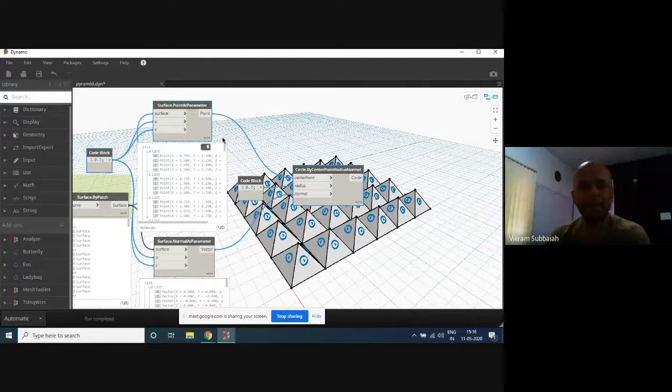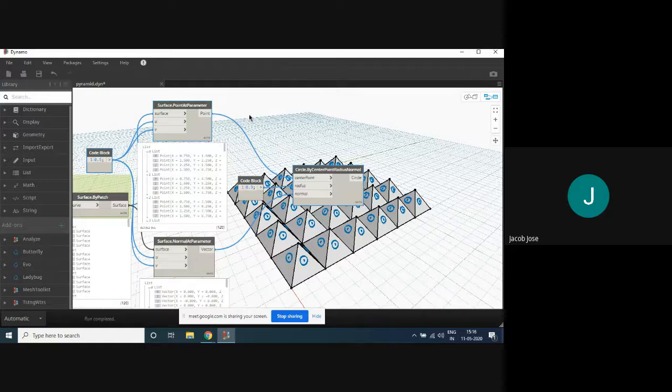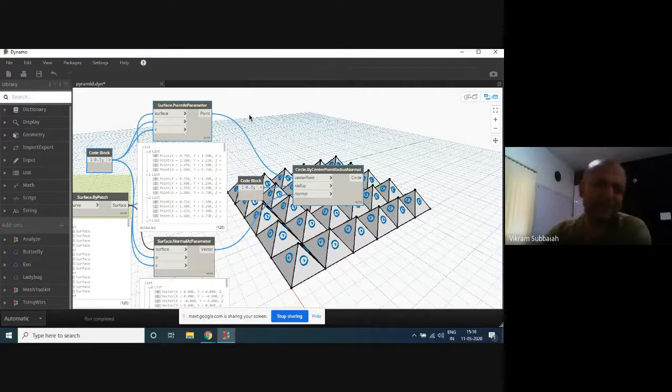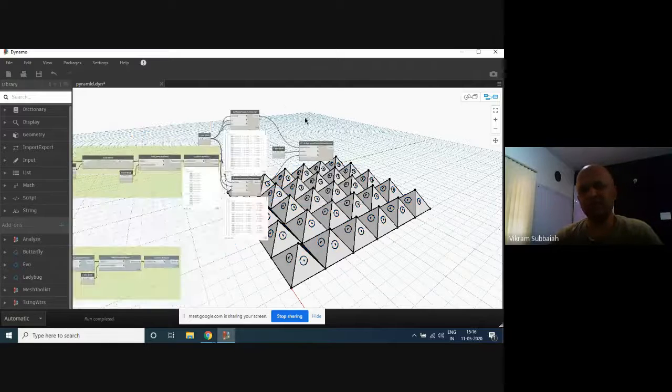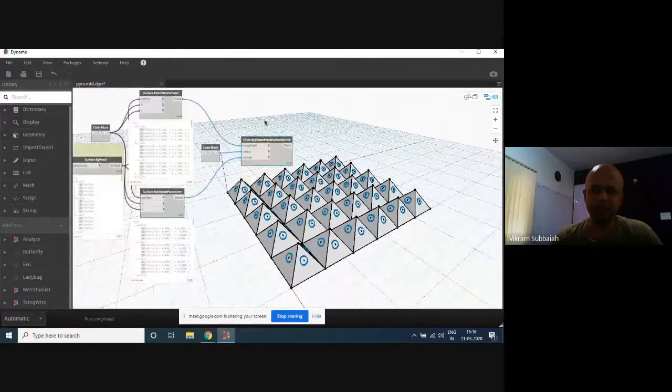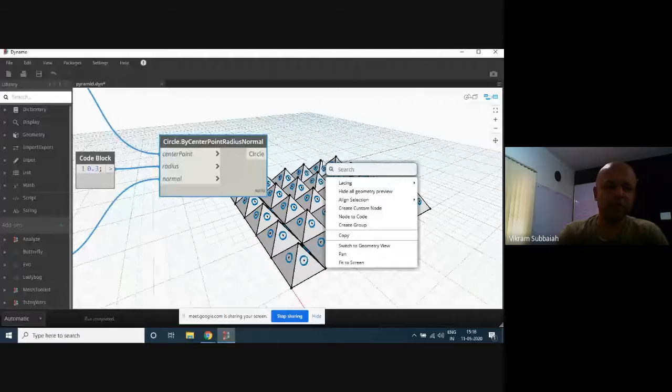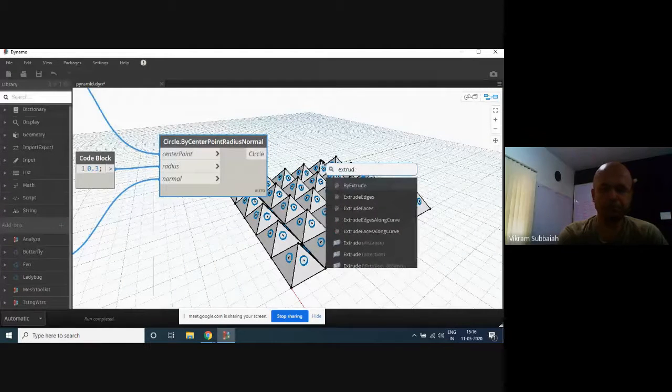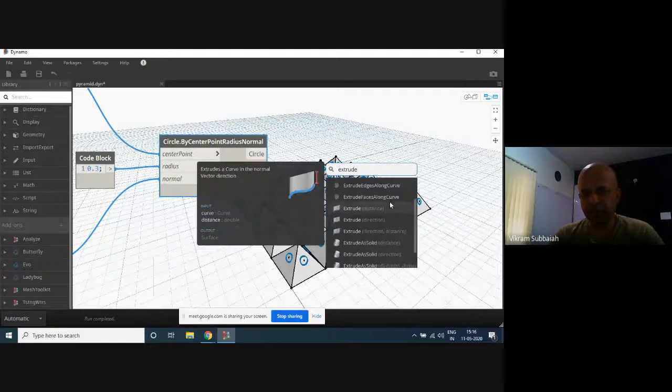Sir, one doubt. How do we intersect that circle and that face to create a hole? Okay, basically similar things. Since we've got the circles here, what we can do is say extrude as solid.